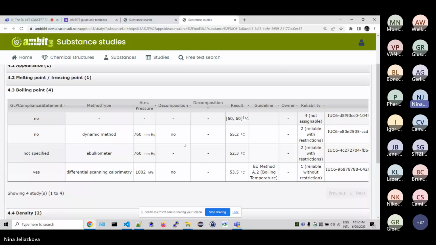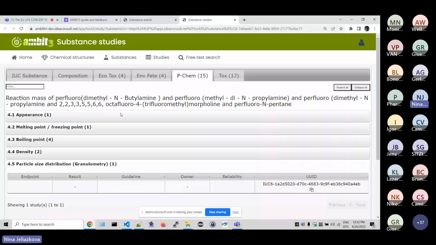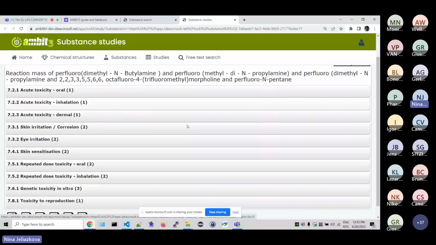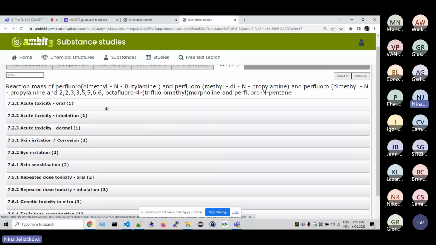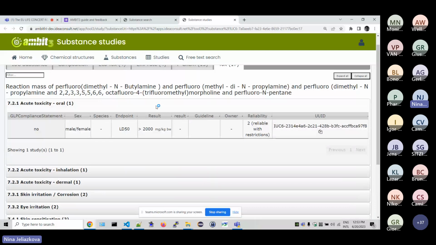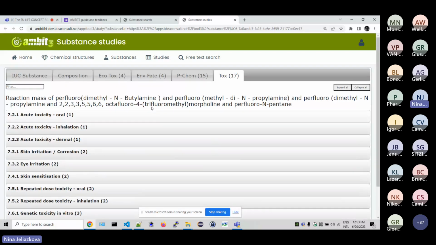You're probably aware that these dossiers contain a lot of duplicate data. For example, this differs by how this is measured, and some of them have a reliability score assigned. Okay, so same for the toxicity. We have all the data which is provided in the REACH dossier. It's here in the test study screen. So we go back to the substance search